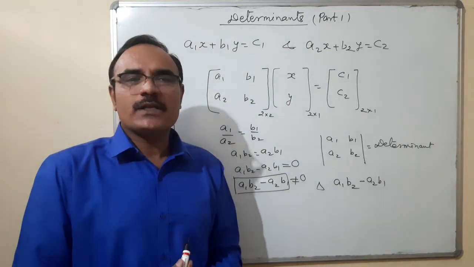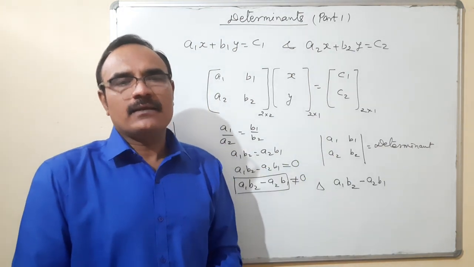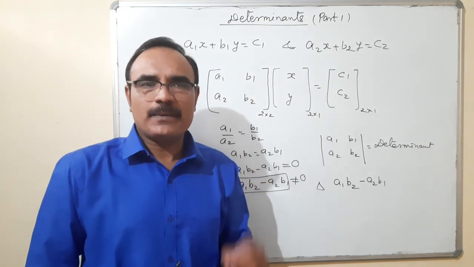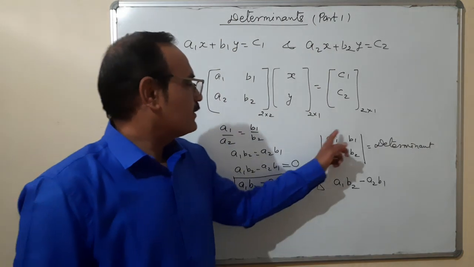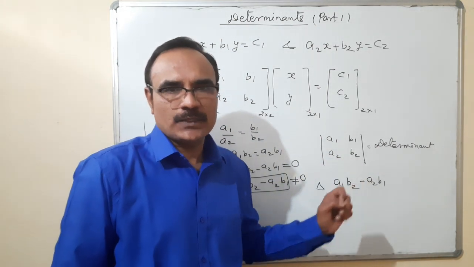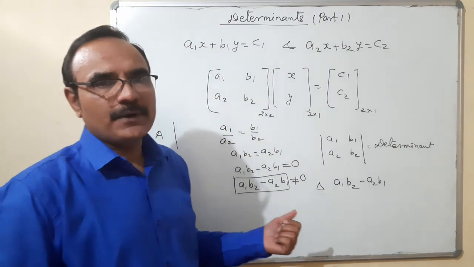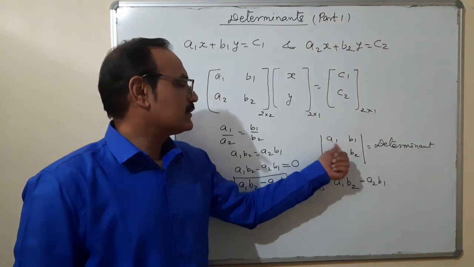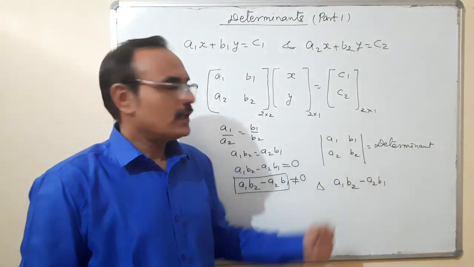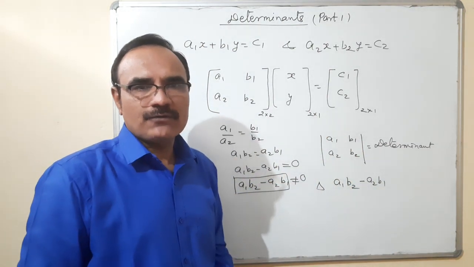If I want to define what a determinant is in a single sentence, I can say every square matrix has a determinant, because in a determinant you will see that the matrix is square: 2 cross 2, 3 cross 3 or 1 cross 1. How do we find the determinant value of the matrix? For 2 cross 2, these two elements are multiplied minus these two multiplied. If the determinant has a single element, the value is the element itself.